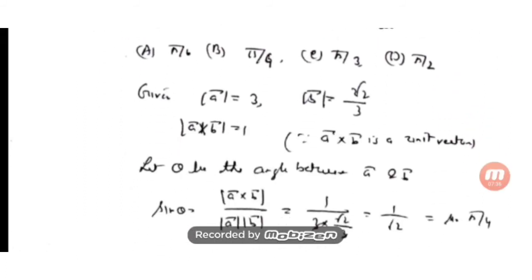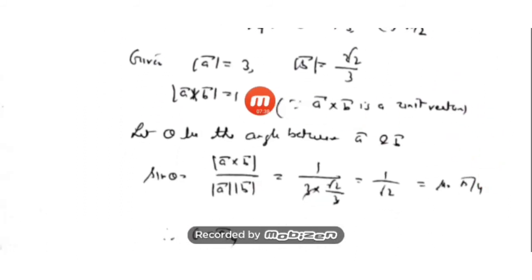So what is given in our hands? Magnitude of a bar is given, magnitude of b bar is given, and it is also given that a bar cross b bar is a unit vector. That means magnitude of a bar cross b bar will be 1. Now let theta be the angle between a bar and b bar. Then by definition, sin theta is